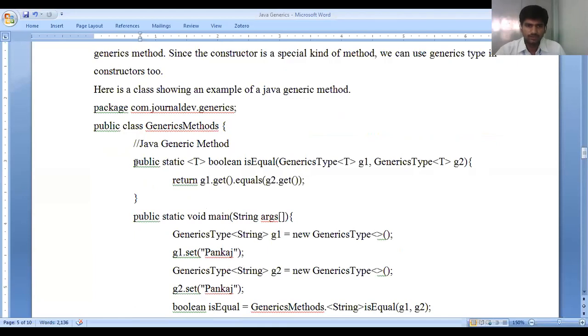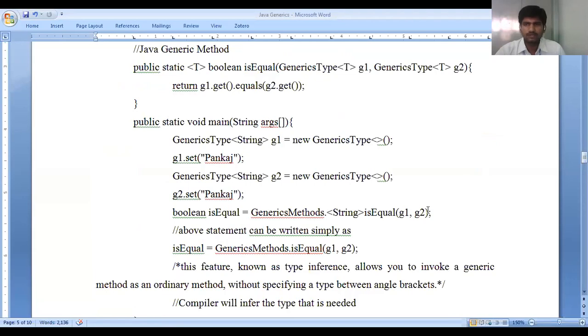So see this line, we can clearly understand. Here we have the various types of isEqual. We are going to do some program here, whether the two inputs are equal or not by using this generic. How we do string comparison, same way here also. So see the public static, we are mentioning the type here. What is the type? Boolean isEqual, generic type of G1 T and then generic type T. So we are mentioning another two objects, G1 and G2.